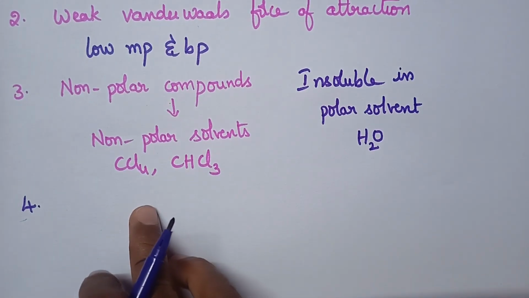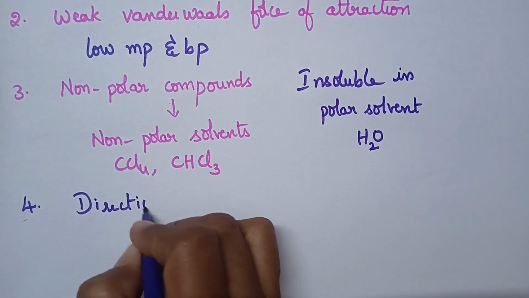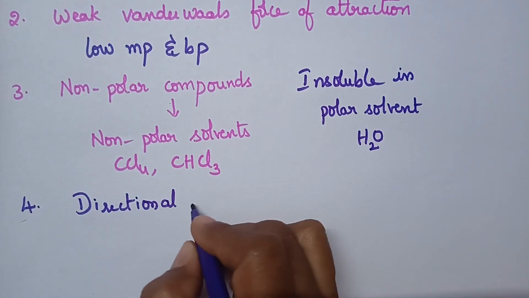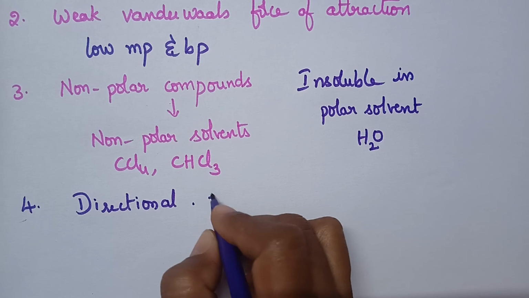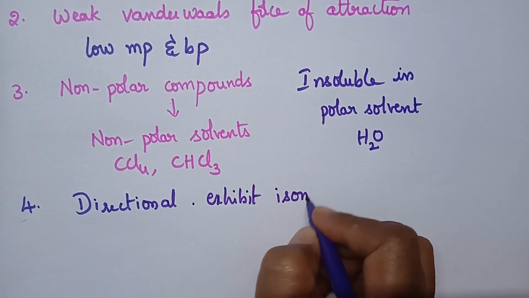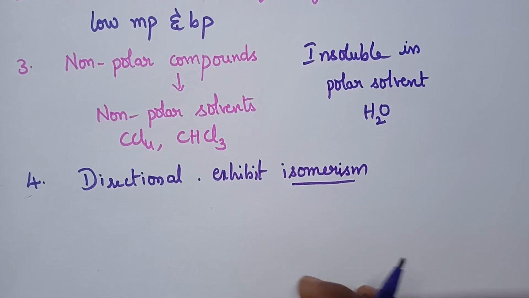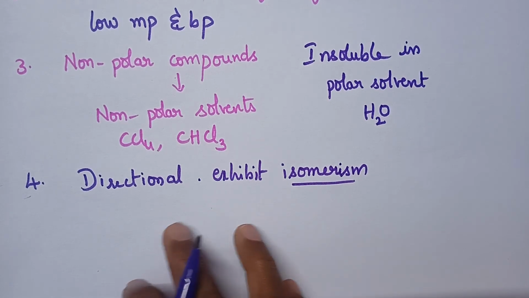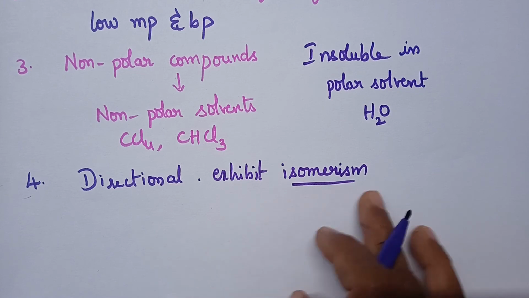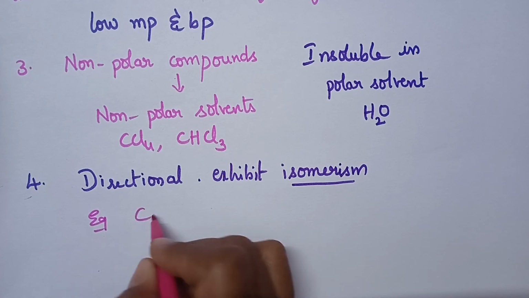This covalent bond is directional. So, what is the nature of the covalent bond, students? Covalent bond is directional, with the result these covalent compounds exhibit isomerism. Isomerism means two compounds have the same molecular formula but different structural formulas. Let us see one example. Let us see a compound having the molecular formula